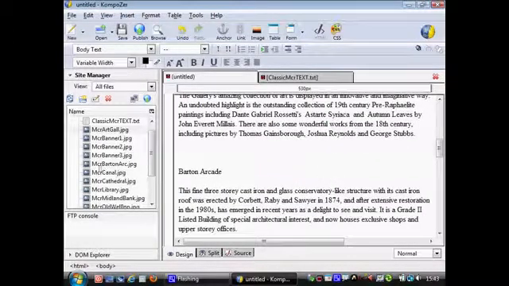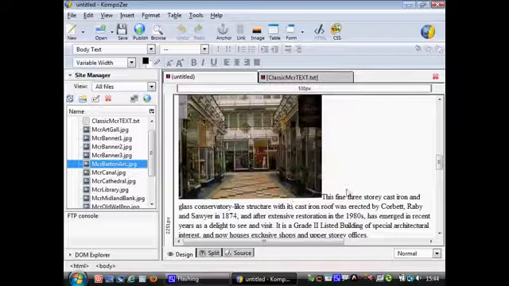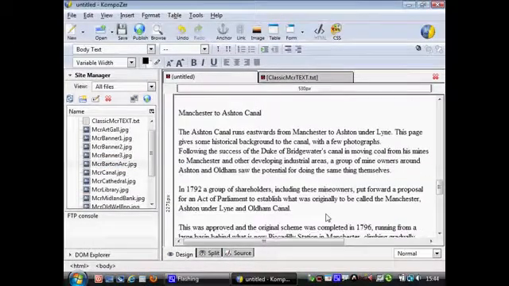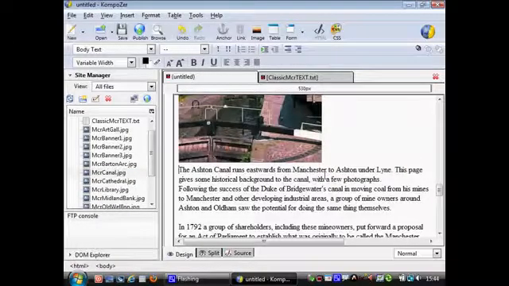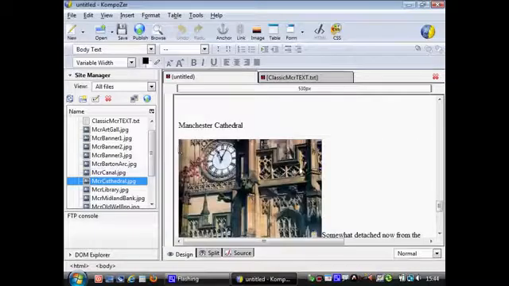Barton Arcade, the same thing. I'll just click on the Barton Arcade image and drag it into my page. Pop that in there. The Ashton Canal, so Manchester Canal. Pop that in there. And like I say, I'm just clicking immediately after it and putting a return in so the text scrolls around it. And finally, Manchester Cathedral. So I'm going to drop that in there